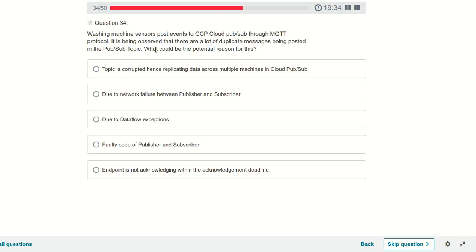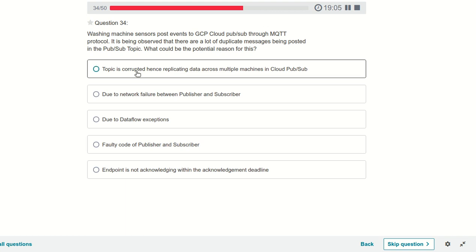But if the destination application is not responding, then it will retry the same message, and in that case the message gets duplicated. The same messages get duplicated because they have to be retried many times, and this generally happens when the destination is not responding.